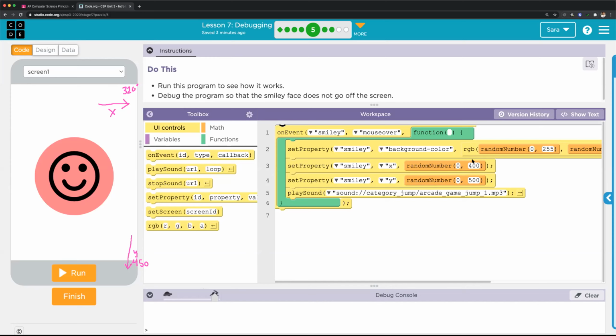3 and 4? 3 and 4, yeah. So we're going to change the maximum values. So for X, that's going to be 320. Oops. And then for Y, it's going to be 450. And so now if we run this again,